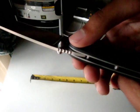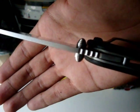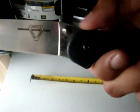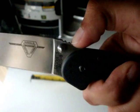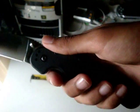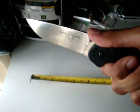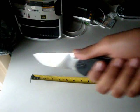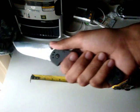You got dual thumb studs here. They're good thumb studs, very grippy. You got some jimping here, which is not really that aggressive. You have to stick your nail in there if you want your hand to stay there. That's good. What I really like here is the finger choil. It keeps your hand locked up when you're stabbing things. Not that I've stabbed things before, but if you were gonna use the knife for that reason, your hand would